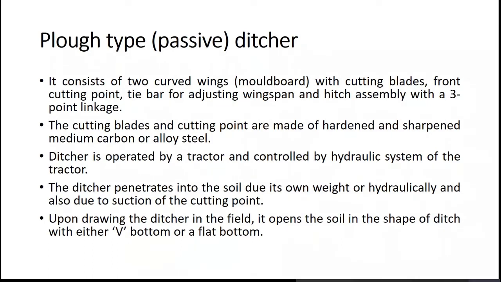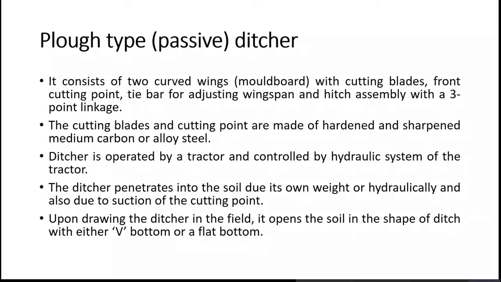If the soil is loose and the ditcher is heavy, definitely due to gravity it will try to penetrate in the soil. Or hydraulically. Hydraulically means we are giving some external force to help the plow move inside the soil,